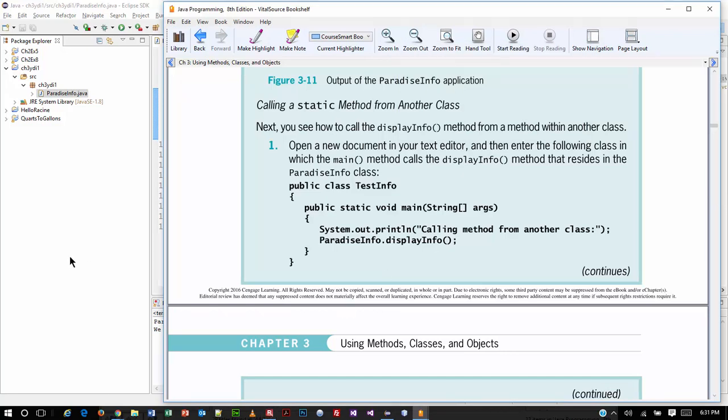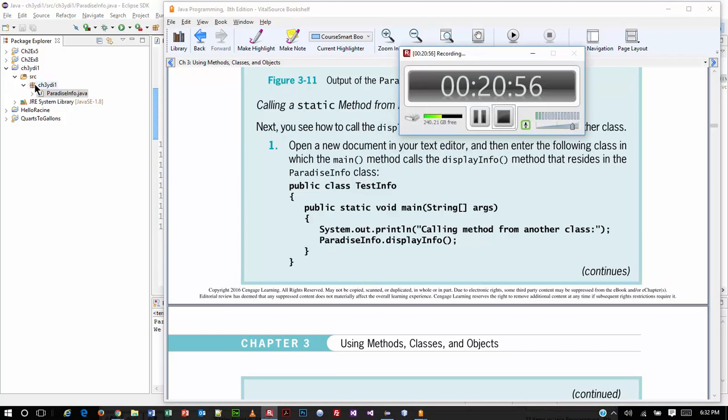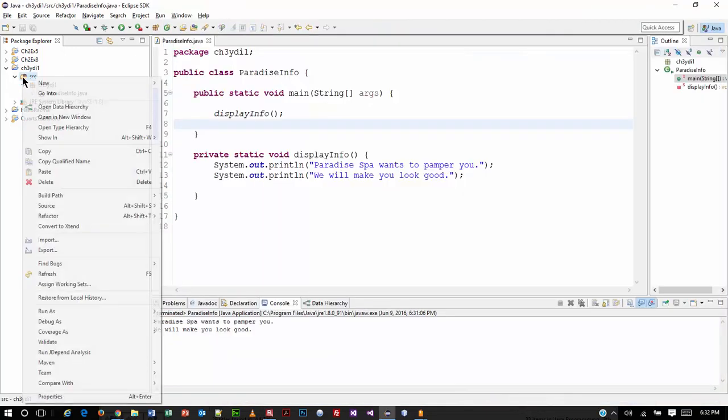Okay. All right. So the point here is that we are now going to create another class file, and then we're going to call the method that we just created from a different class file. You're going to see how this works. This is actually quite cool. So we're going to create a new file inside the same project. So I'm going to come up here to the source folder and right-click,